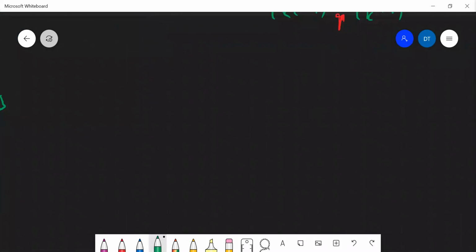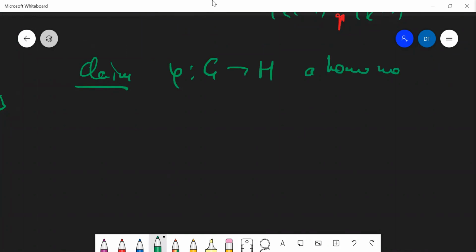Now, the claim. Suppose we're given a homomorphism of two groups, phi, which goes from G to H. When I write something like this, I assume that G and H are groups. Otherwise, it doesn't make sense to say that phi is a homomorphism. So I do not specify this here, but this is what I assume automatically. But just in case. So then